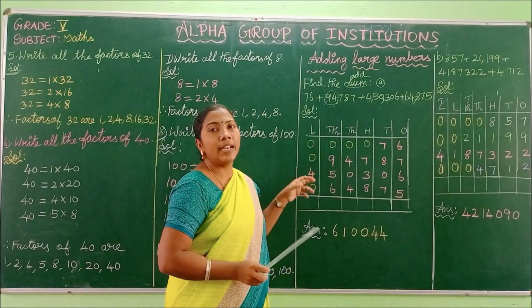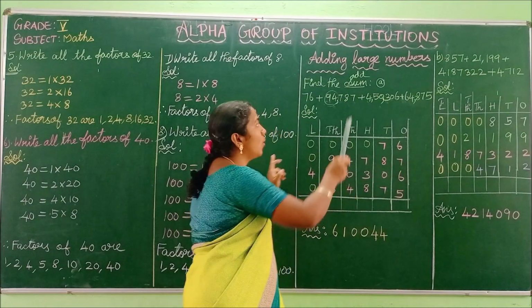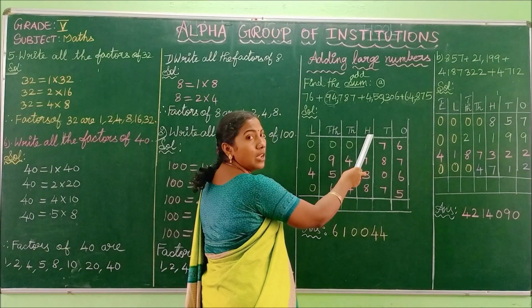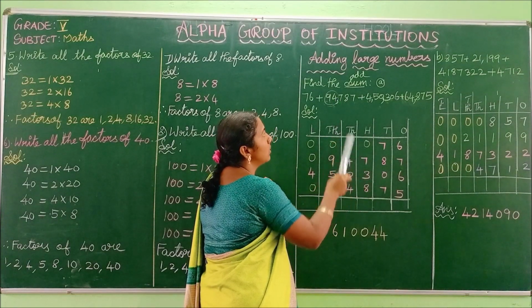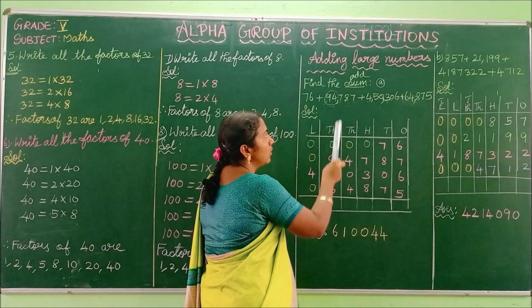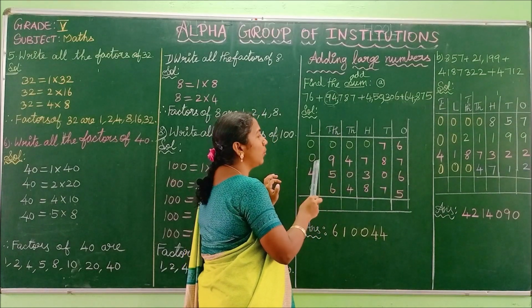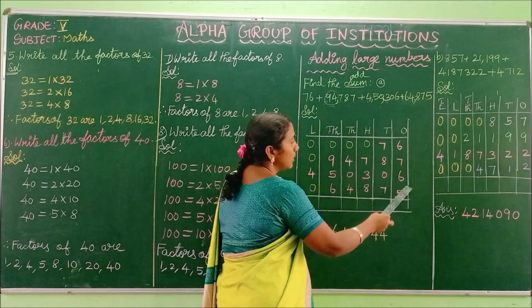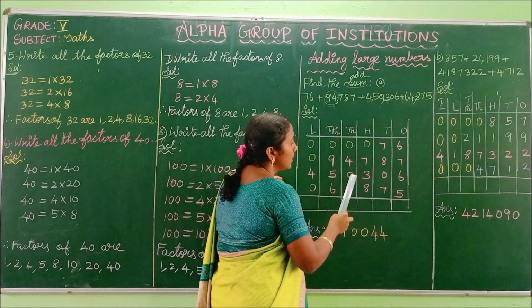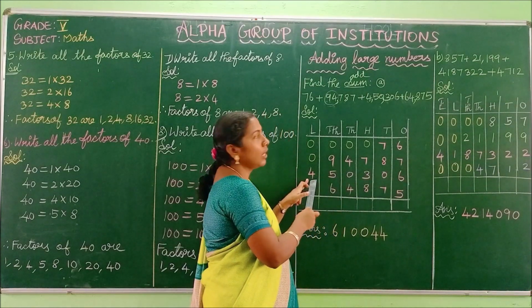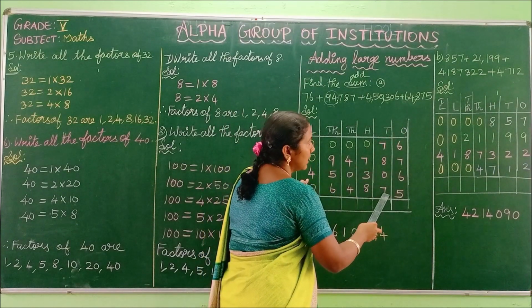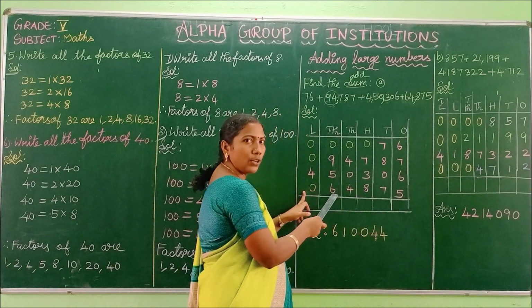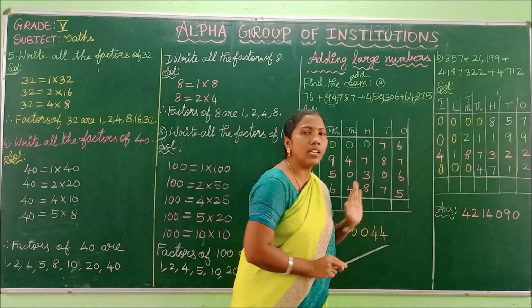Read the next number, 94,787. You have to write the number from the ones place. First you write 7 and then 8 and then 7. The 7 comes in the hundreds place, 4 comes in the thousands place, and in the 10,000 place we have 9. The remaining place is empty. You may write 0 or leave it empty. Write the next number, 6 0 3 0 5 4. Write the next number, 5 7 8 4 6. This place value is empty, we may write 0 here. Thus we have arranged the given numbers.